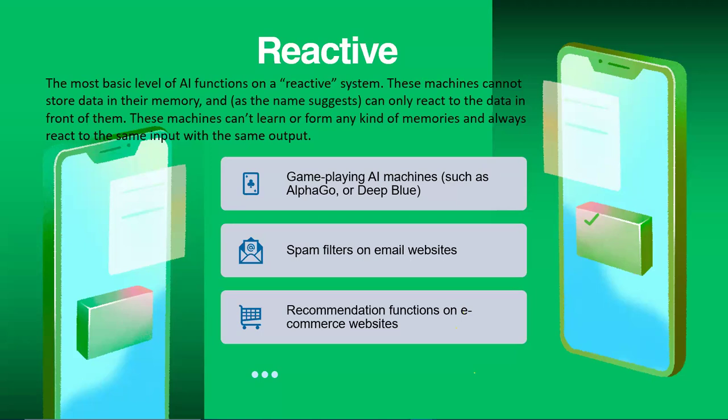Oh, a message comes in. It looks at the content of that message and it decides, oh, this is a spam message or this is not a spam. So it goes to your inbox. They are reactive in nature. Game playing AIs, they react, they take a move, you move, and they react to get the best possible outcome, right? So the main thing to know is they react and they do not have memory of their own.